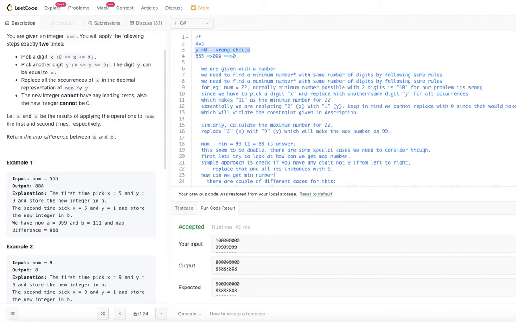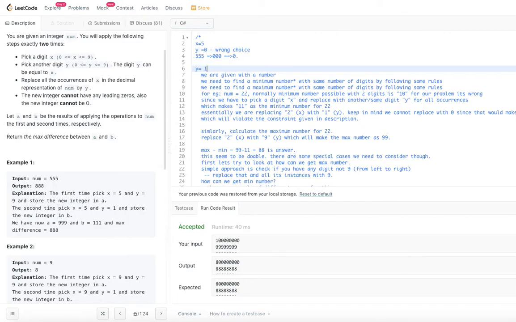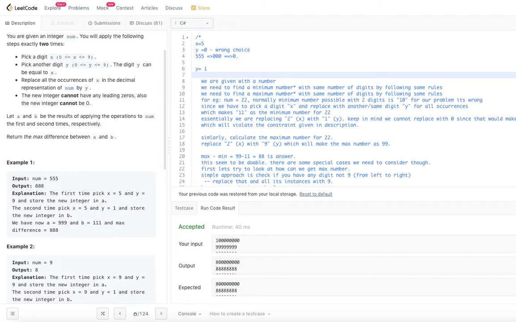Now let's pick another number. Let's pick y equal to 1. With that, 555 will become 111. That is the number that we got.